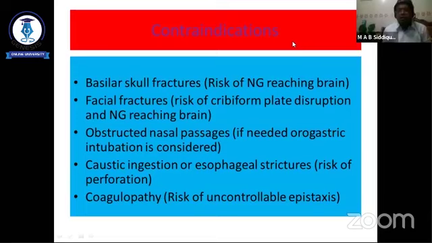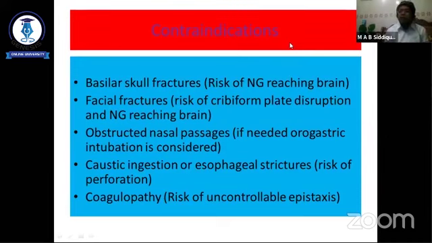So contraindication: the basilar skull fracture. In case of skull fracture, it is contraindicated because of the risk of the NG reaching the brain and damaging it, and facial fracture, risk of cribriform plate disruption and NG reaching the brain. This is also a contraindication. And obstructed nasal passage,